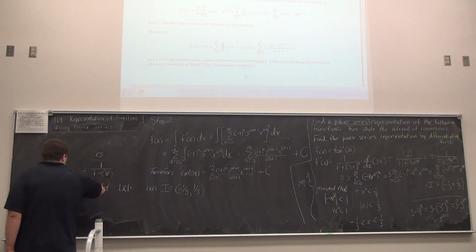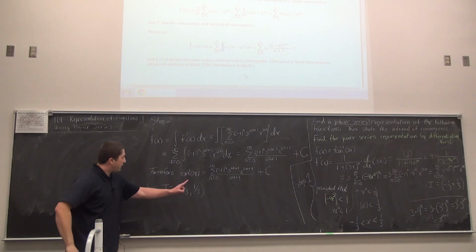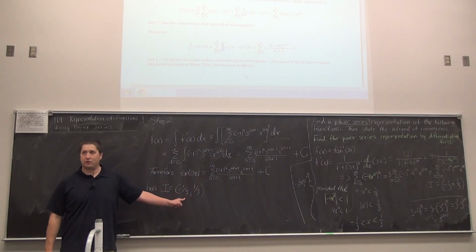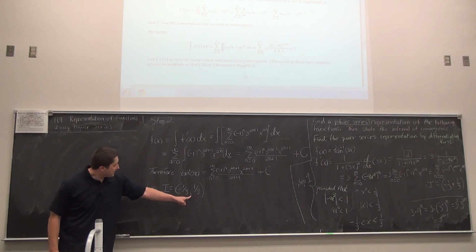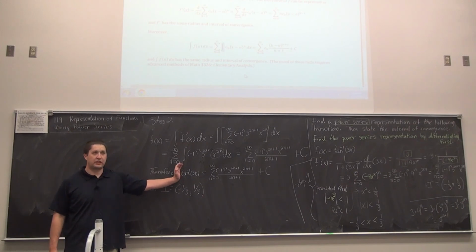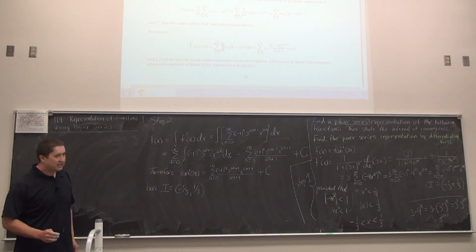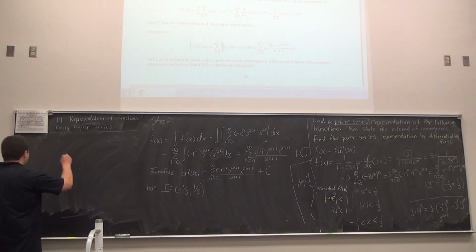This equation is meant to hold for every single value of x, provided you're between negative 1/3 and positive 1/3, excluding those end boundary points. So what is maybe the nicest x in this interval that you can input into this equation? 0. 0 is always a great choice. We can say if